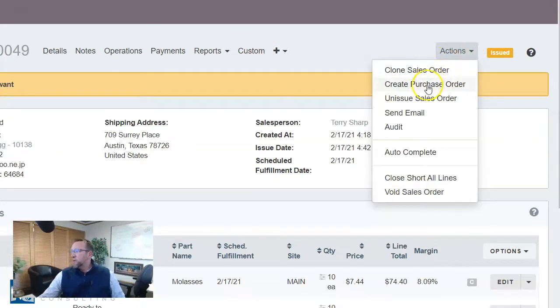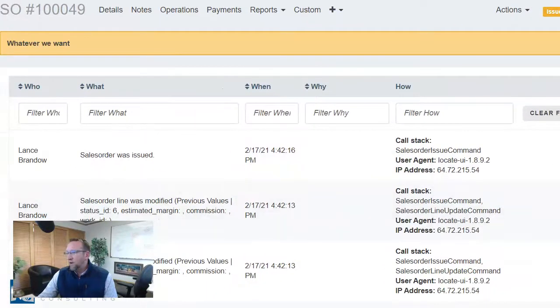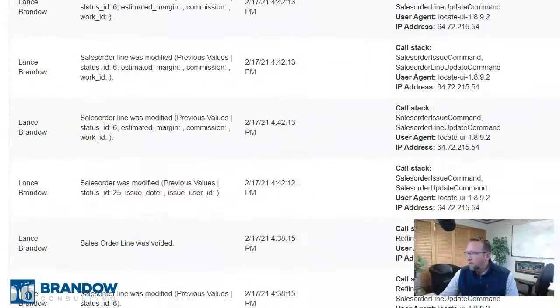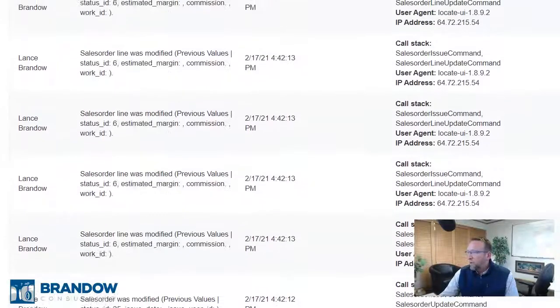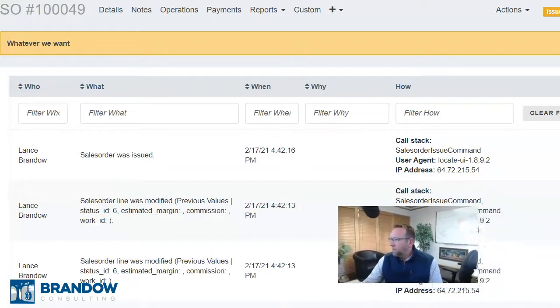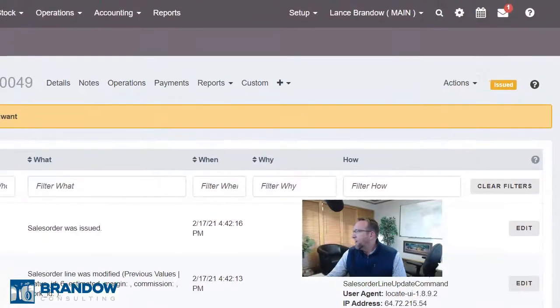A lot of options here. We can go straight to the purchase order and create a purchase order, clone the sales order, unissue the sales order, send an email, audit. This is a nice feature that I'm really impressed with in Locate. There's an audit trail for everything, and you can go see the complete history of us creating this sales order. I played around and played around with this sales order and clicked here and clicked there, and just about everything I did, it kept track of, and who did it. So a great